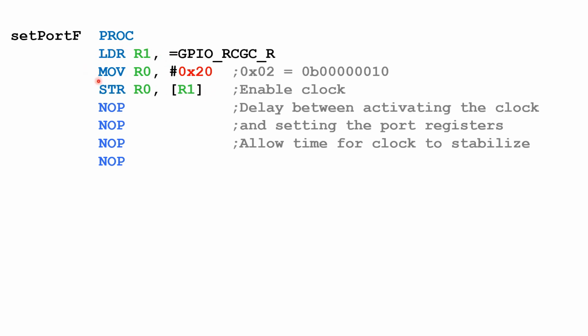These are the same as in the main program, but let's go through it. LDR loads or copies into register R1 this value here, which was defined in the beginning part of the program with the EQU, and it has the value of